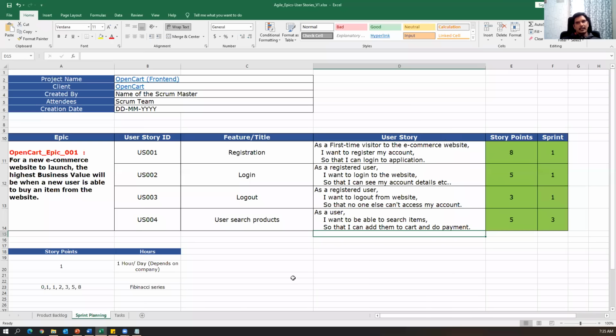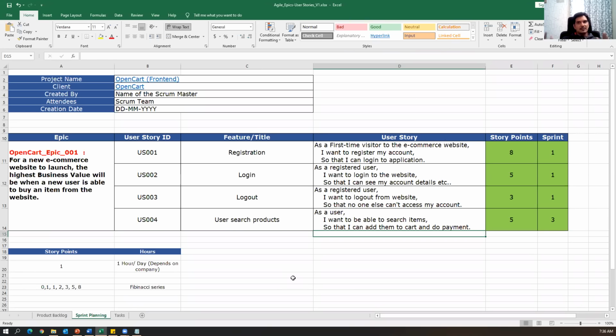It will be going like a one-day meeting. On the first day when the project starts, throughout the day, people will spend time on this particular meeting. And not only a single sprint, they will decide multiple sprints also. What are the stories planned for the first sprint? What are the stories planned for the second sprint? What are the stories planned for the third sprint? Like, what is the total duration of the project?